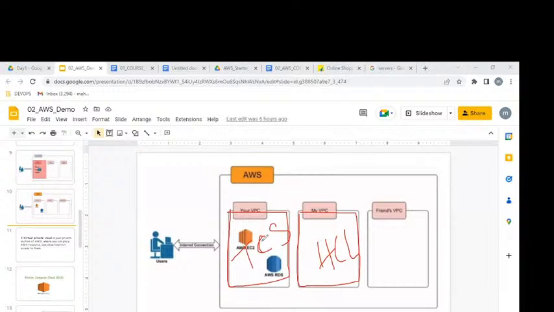Without network there is no server. First we establish networking, and once the network is established, we create a server. On top of the server, we host our application. If it is hosted, we can access it over the internet from anywhere in the world.